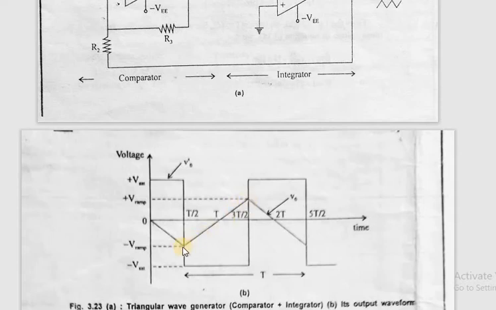This ramp keeps on increasing, and this makes V1, that was initially negative, go to 0, and then it starts to increase. When it reaches a certain value so that it is higher than V2, then again it changes its state, and again the cycle becomes positive going, and in turn the output of the integrator becomes negative going. So this is how a triangular wave is generated.